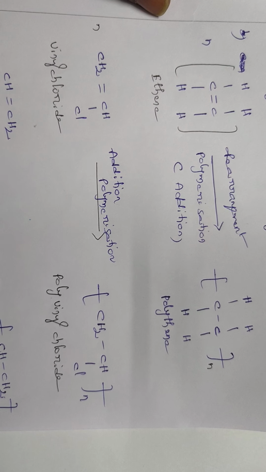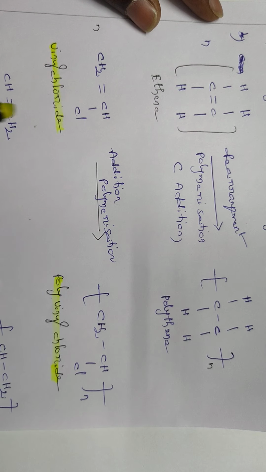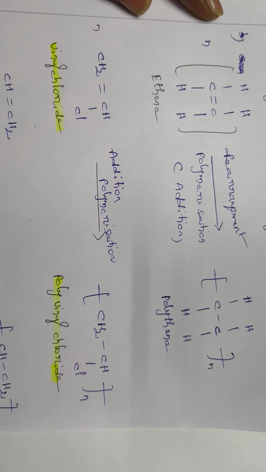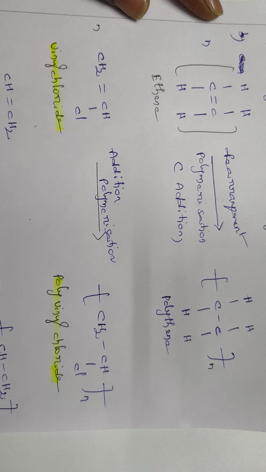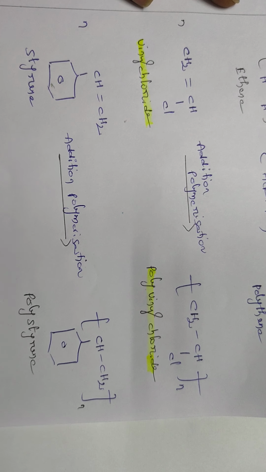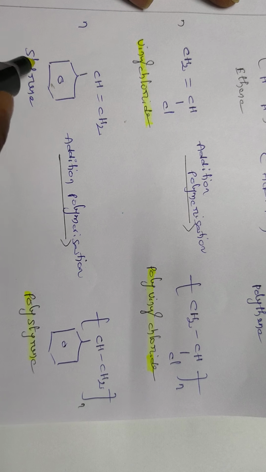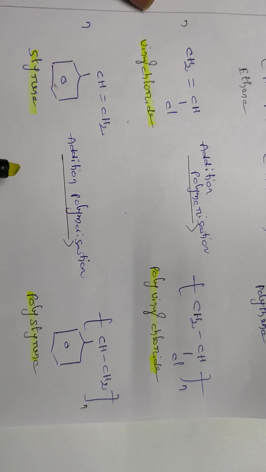Similarly, vinyl chloride, polyvinyl chloride. So polyvinyl chloride is an addition polymer which is formed by the combination of many vinyl chloride molecules. Here also we do not observe any byproduct molecule. Okay, and then polystyrene, which is obtained from styrene molecules. So combination of several styrene molecules produces polystyrene. Here also we do not observe any byproduct molecule.